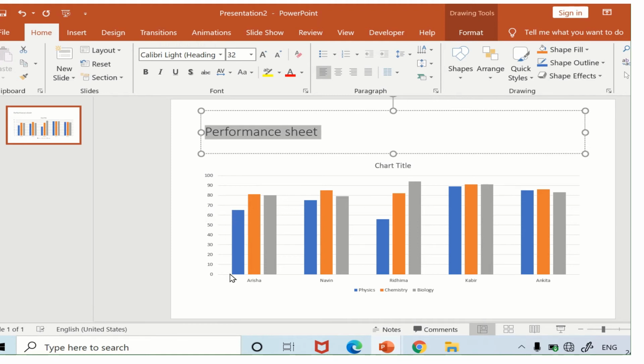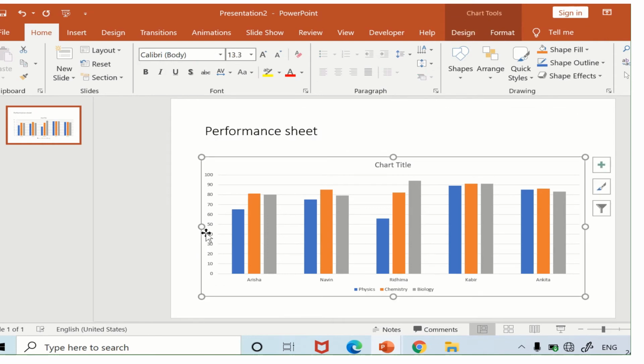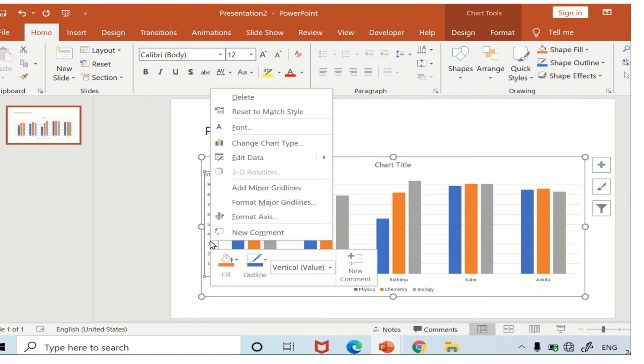So you can see that when we are plotting a chart, the horizontal side is called the x-axis and the vertical side is called the y-axis. So we have to click on the y-axis. You can see this y-axis has been selected, and most of the marks are starting from 50, so we don't need 0, 10, 20, 30. So we can change this by right clicking over here.